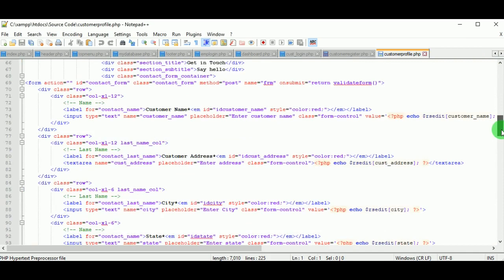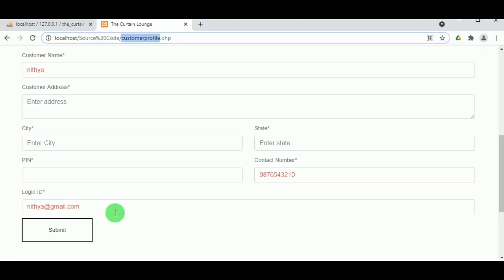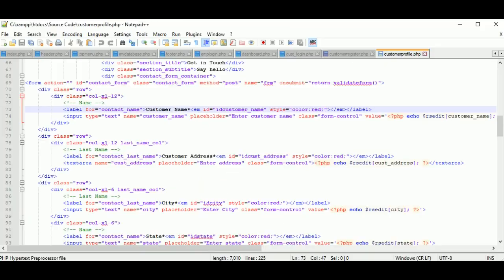So you can see the form includes customer name, customer address, city, state, pin code, customer number and login ID, in which only 3 values are available because only those are present in the database. But how is it available to view?